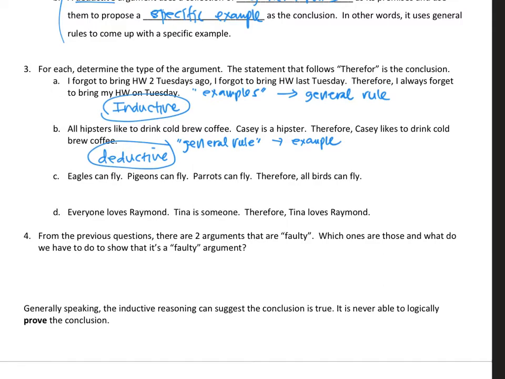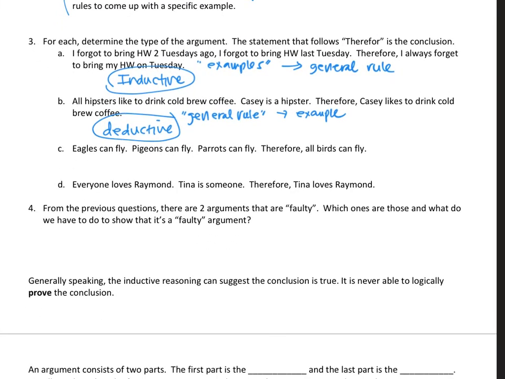All right, so let's look at number 4. This kind of refers to number 3. From the previous questions, there are 2 arguments that are faulty. Which ones are those, and what do you have to do to show that it's a faulty argument? So let's look at part A here. What if I remembered to bring it this week? I forgot 2 weeks ago, I forgot last week, but what if I don't forget it this week? That's possible. So if that happens, this rule says I always forget to bring it, but it's false if I bring it next week or this week. So part A is a faulty argument